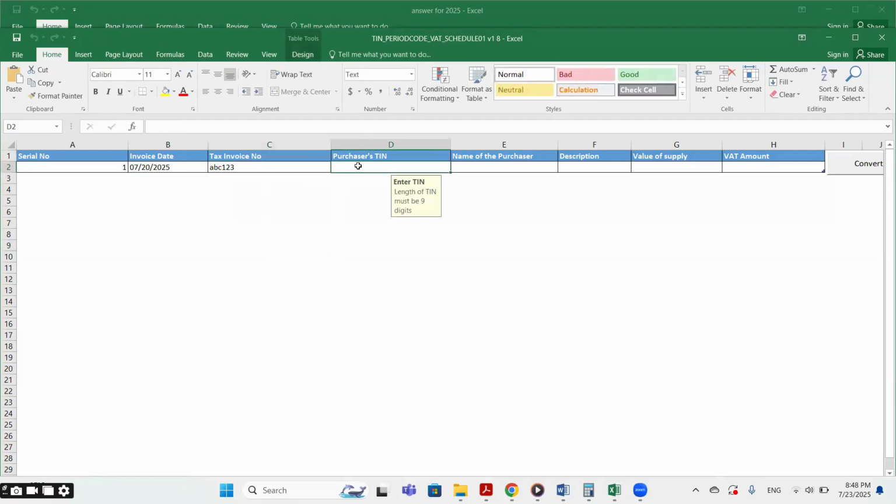The purchaser's TIN, right? You have to enter the purchaser's TIN. That means your customer or your client. So let's have some artificial number, but because of this artificial number, there is a probability to fail this case. And name of the purchaser, EC limited, description, say